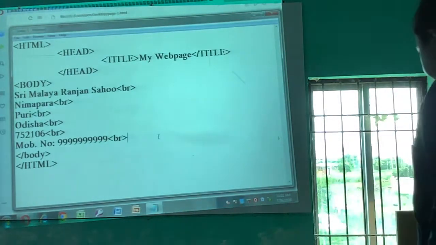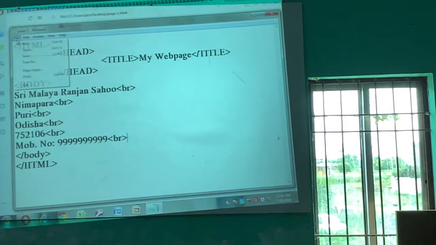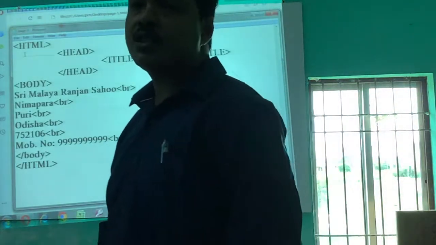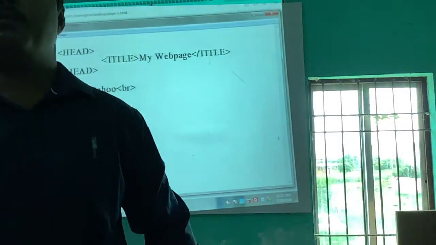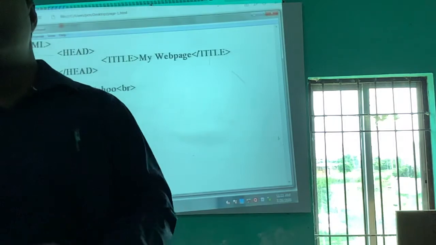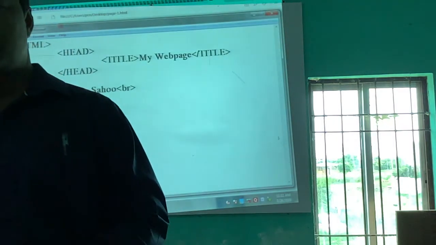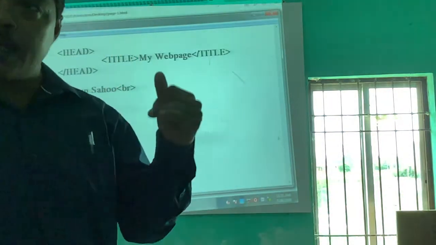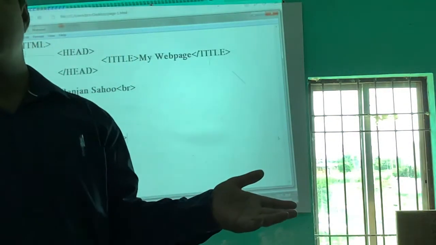Again save it. I have already told you, if you make any change in your HTML document, first save it before going to the browser window, then refresh it, then get the output.